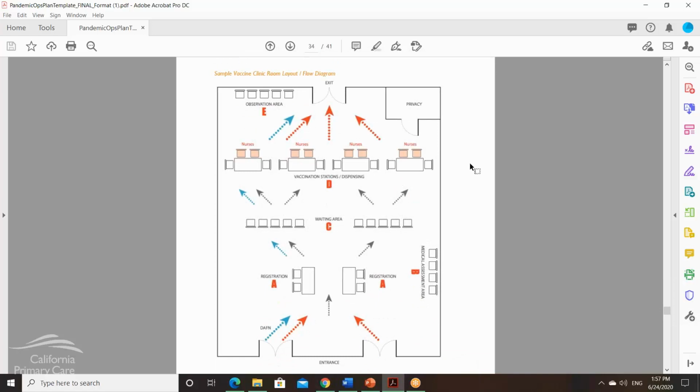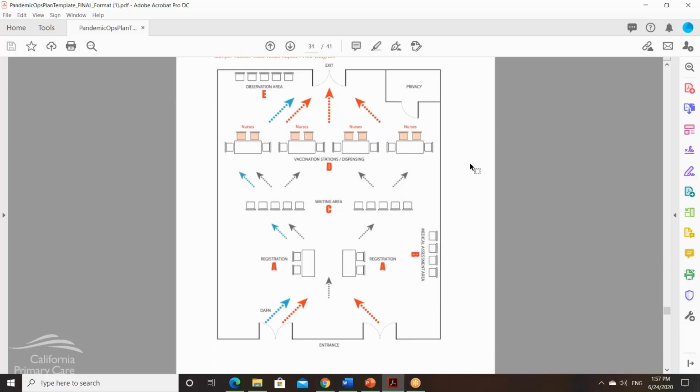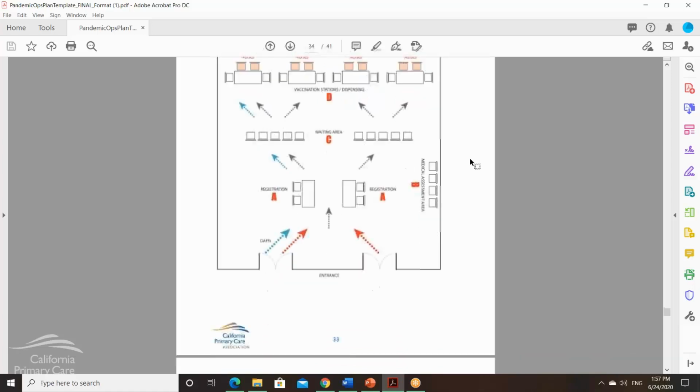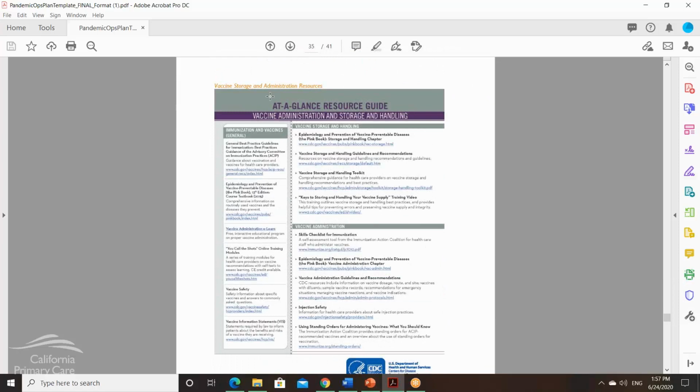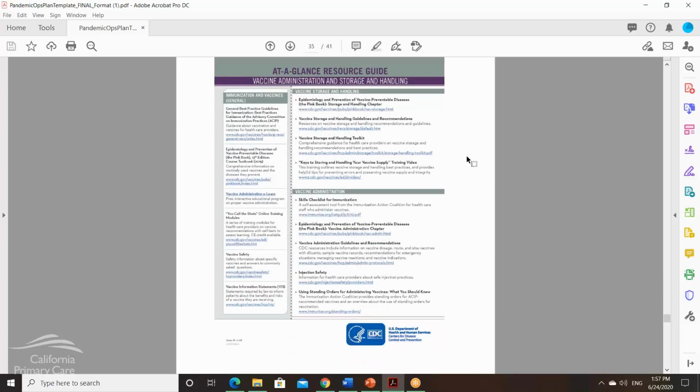I mentioned earlier we have a sample vaccine clinic room layout and flow diagram. This is just to help you if you do need to set up a room to administer a vaccine. And to go along with it, we included some of the CDC's vaccine storage and administration guidelines. So this is a link to their main page, but you'll see they have training, they have